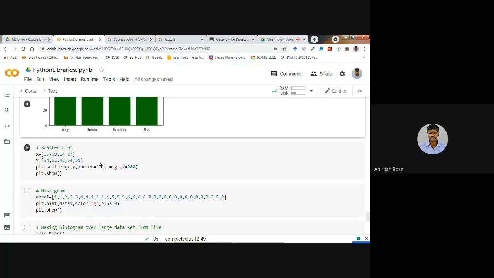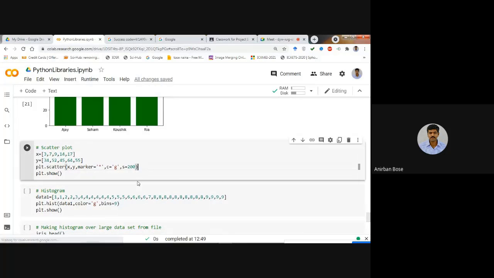So marker equal to star, color equal to g. You can write only c as the color, or you can also write color, and s equal to 200. Okay, let's see what it is giving.